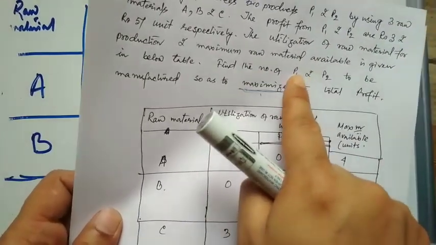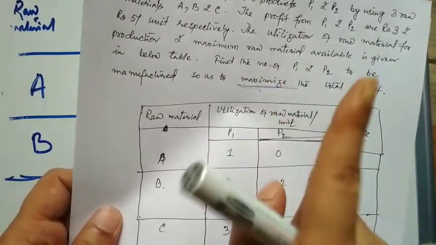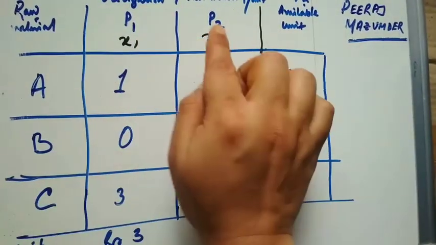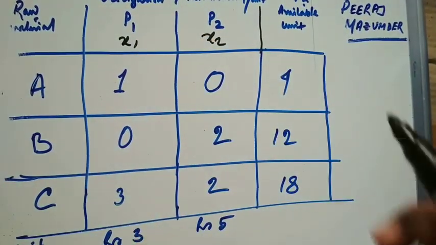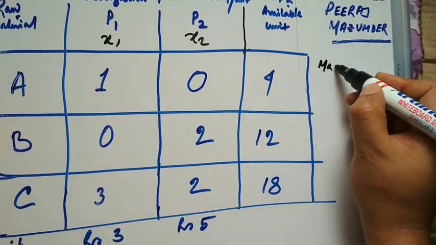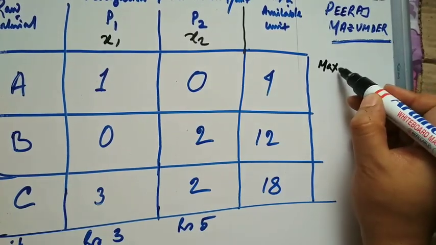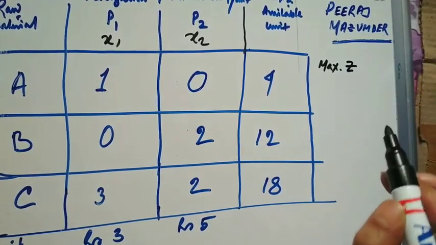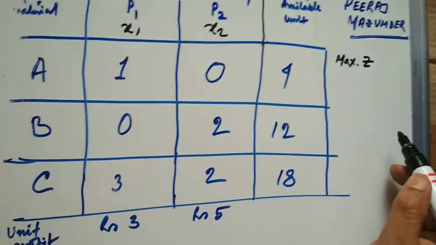We are taking the number of P1 as X1 and the number of P2 as X2. Now we have to maximize, so we write max, that is maximization of profit. Profit we generally denote with Z in this LPP. So maximize Z